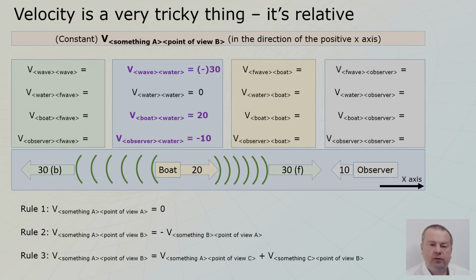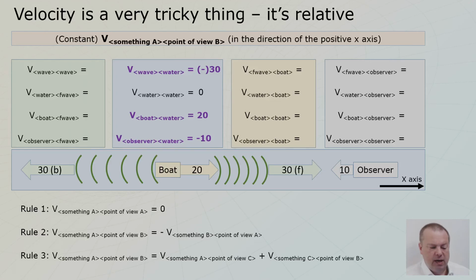This is also a nice rule, which is not maybe that intuitive. The velocity of something A with respect to B, you can first say, well, let me see how A is moving relative to C, and then what C is moving relative to B. So you can go from A to C and from C to B, which in the end is the same as going from A to B. You just take an intermediate step. This is something you can use in your exercise as well. So here are the answers.